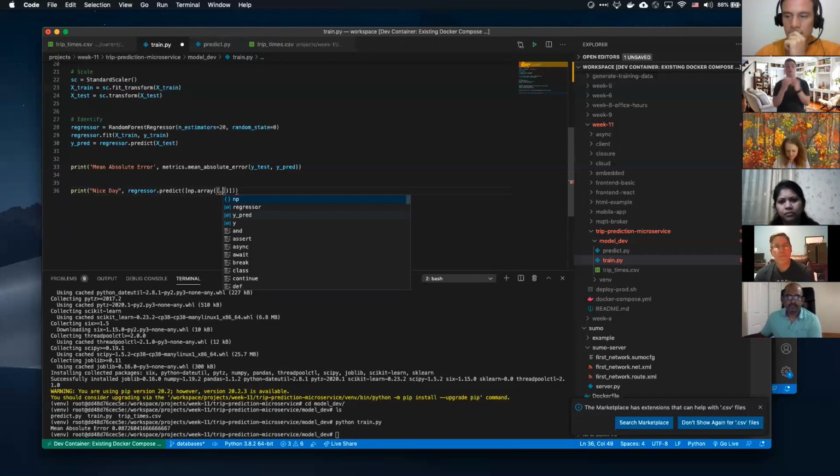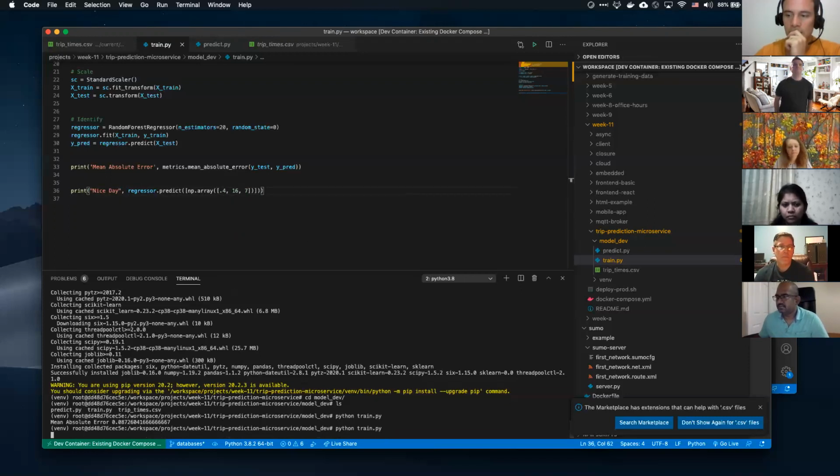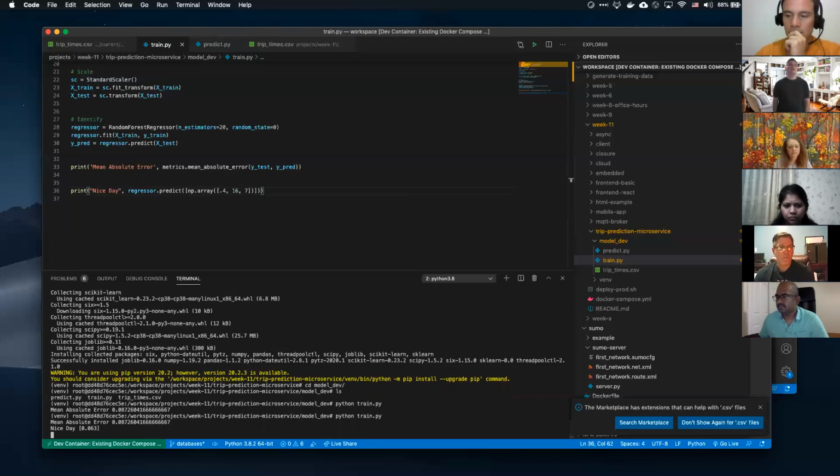So let's do a nice day. So let's say 0.4 humidity, right? 40% humidity. That's relatively, well, kind of low depending on where you are in the country. Let's do 16 degrees centigrade, so a pretty nice day, and 7 a.m. So nice day, 7 a.m. Let's see what kind of prediction we've got. I'd expect the severity is relatively low, and it is. Only a 6% increase, right? Still 7 a.m., so you're going to get a little bit of rush hour traffic, but it's still pretty good.